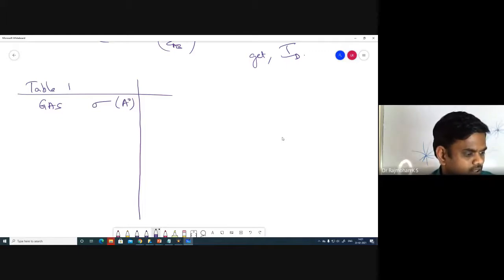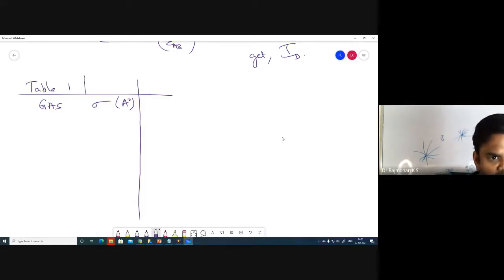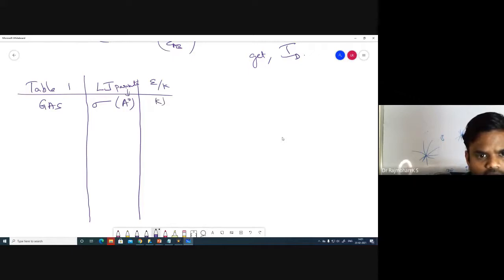We have seen what sigma is. It is a parameter in Angstrom, the LJ parameter in Angstrom. Then we have the epsilon by K value, in Kelvin. So it has the unit of Kelvin. This is the Boltzmann constant. To differentiate, I write degree Kelvin, but strictly speaking we should not put degree in Kelvin. It is a unit of temperature.